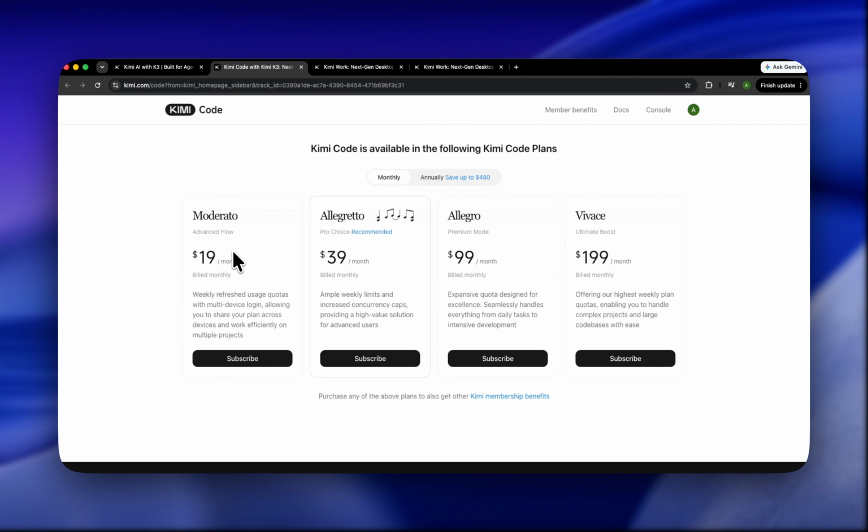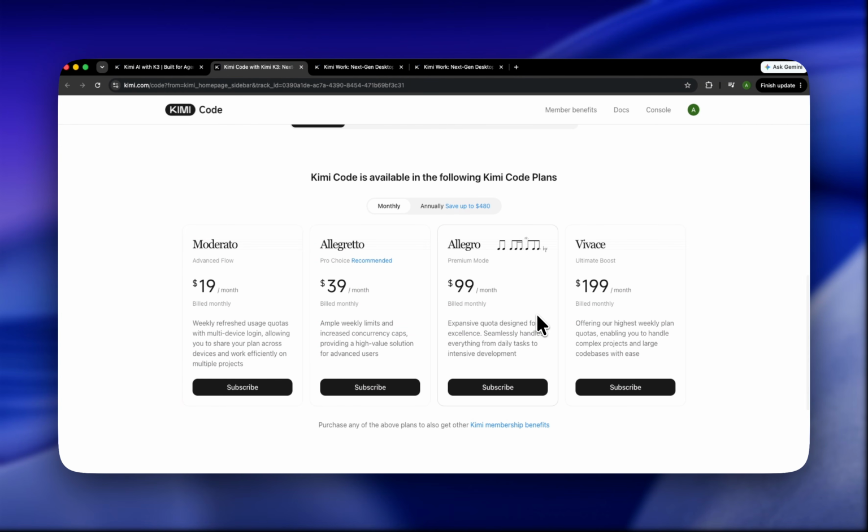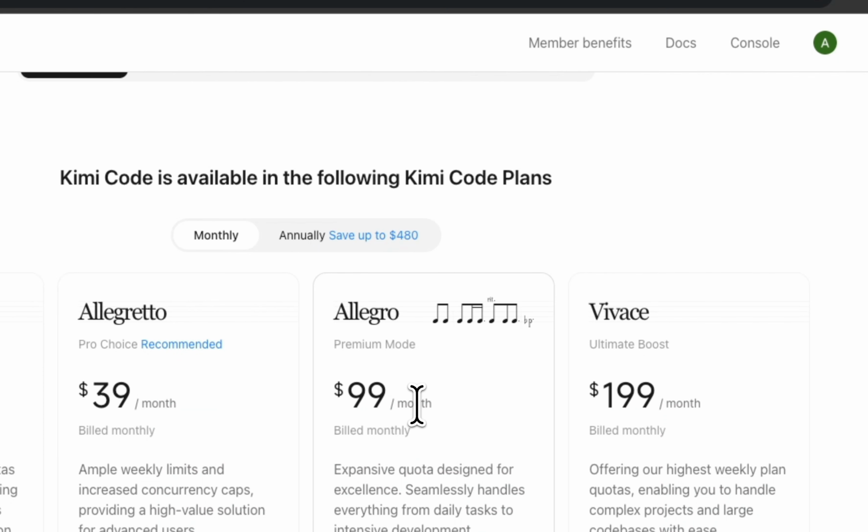Okay, so this is a really basic, moderate, and this is a premium one. I love the names of the packages. And this is a premium, expensive quota designed for excellence and everything, from daily tasks. So if I open the Claude package, this is pretty similar, because I believe